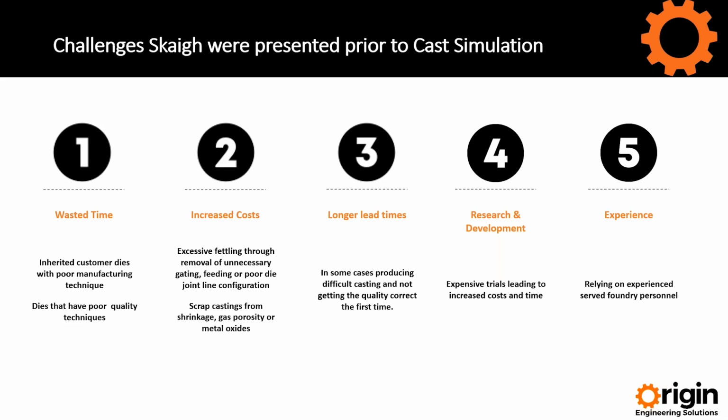Hence, increased costs. We find that we get excessive fettling. The gates are not in the right situation, so it's taking time to remove the gates to get back to that near net shape. High scrap rate, might be full of shrinkage, gas porosity, all incurring costs that we can't pass on. And again, long lead times, because if we can't make it, we've now got to spend a lot of time looking at the die, doing sample trials out in the foundry to get where we should have been